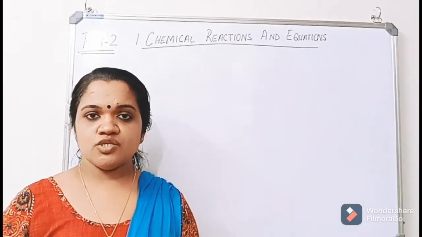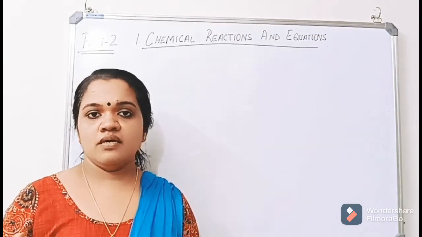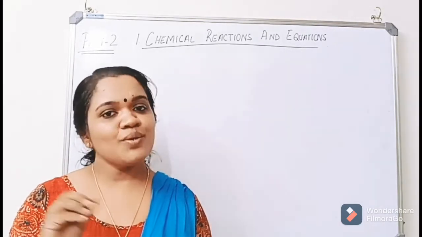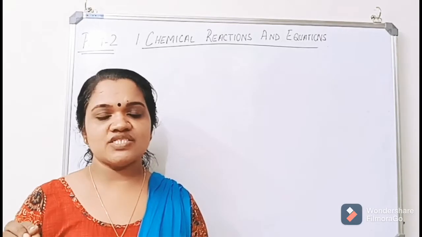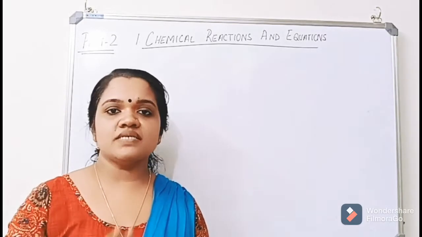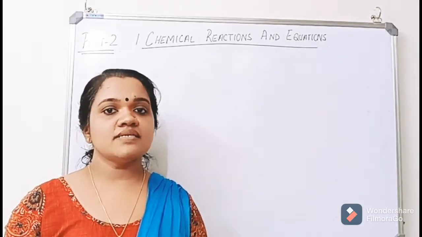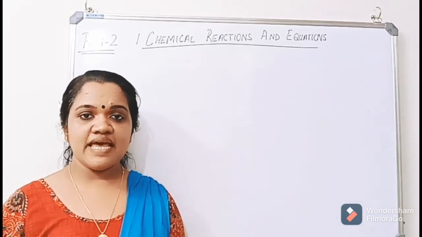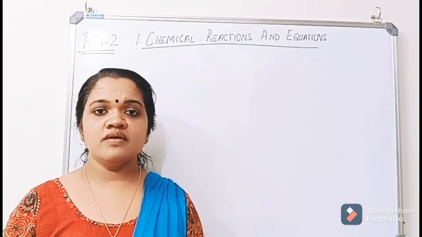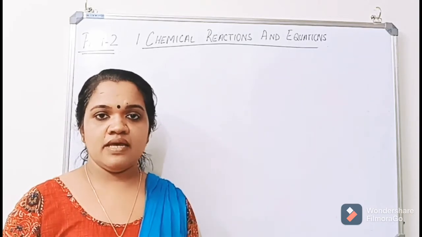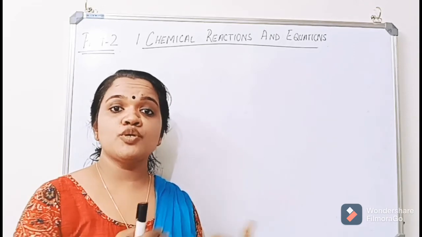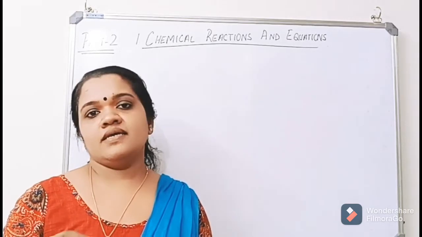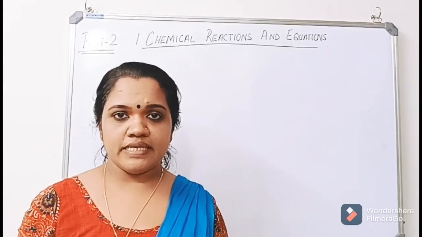In a chemical change or in a chemical reaction, no change occurs to the atom of an element, no atom disappears, and no atom appears other than the reactants and the product. A chemical reaction has two parts. The first part is what takes part in the chemical reaction, and the second part is what is produced during the chemical reaction. Let us represent a chemical reaction symbolically.